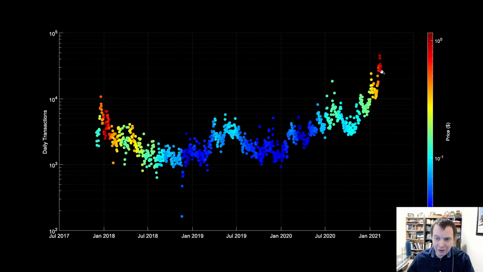And you can see right now the daily transactions are still going up. But if we end up not putting in higher numbers, and then over the next month or so this starts to come back down while the price goes up to, say, $2 or $3, that might be an indication that things are going to cool off for a while before ultimately, hopefully, continuing on up later in the cycle. If we continue pushing up on the number of daily transactions, then maybe that would be an indication that we're just kicking the can down the road and we have nothing but time.